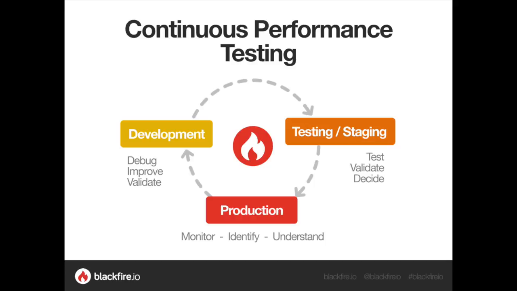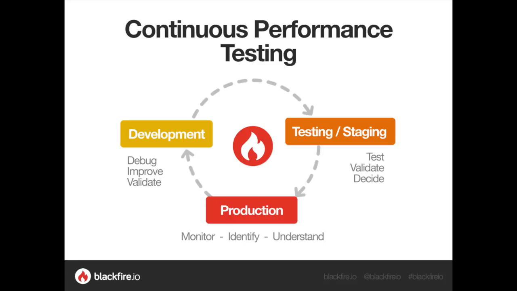So we have a profiler that you can use to debug performance problems, to find bottlenecks as well in development environments. And then we also have, and we're going to talk about that today, the ability to write performance tests with Blackfyre so that you can integrate Blackfyre into your continuous integration platform so that you can test the performance of your apps, validate that the performance is good enough, so that you can decide to actually deploy the code in production. And of course, it's also very important to have Blackfyre in production as well, because the traffic